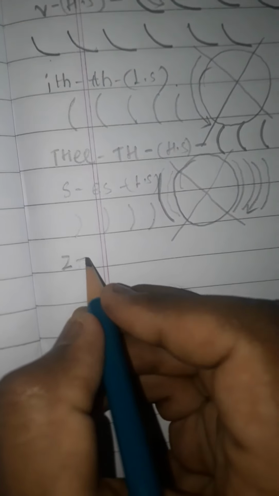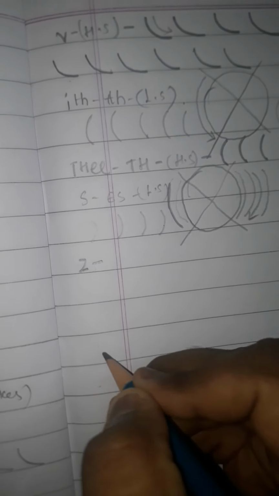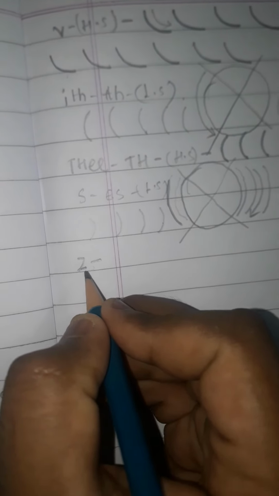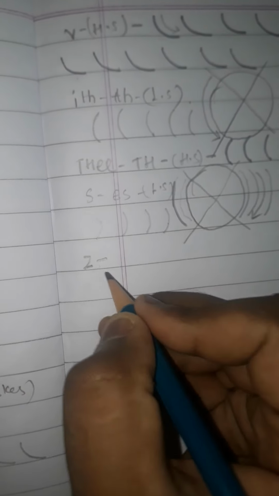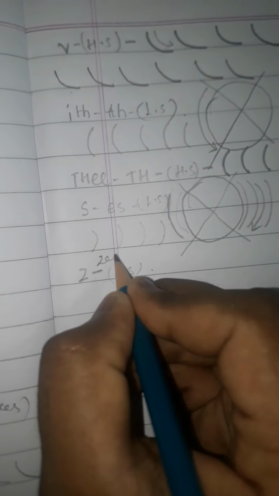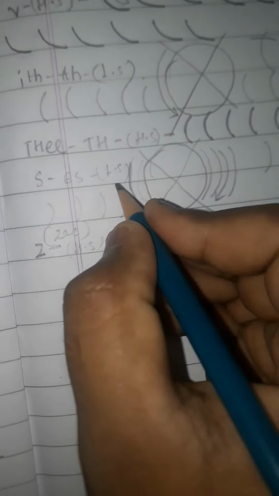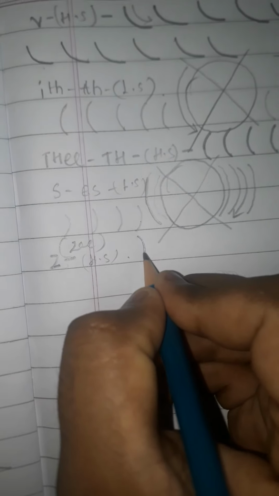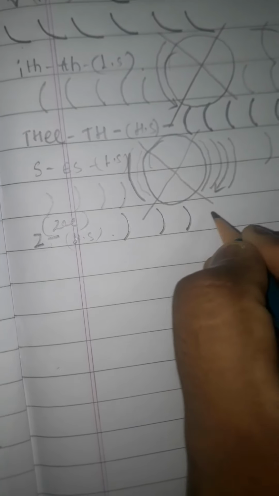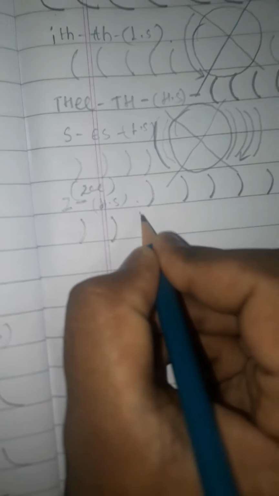After S we have Z. The pronunciation of this can be a little confusing. This is called Z, or we can call it G. It is a heavy stroke. It looks the same as S, the same as a closing bracket, but it is written as a heavy stroke. G, G, G.